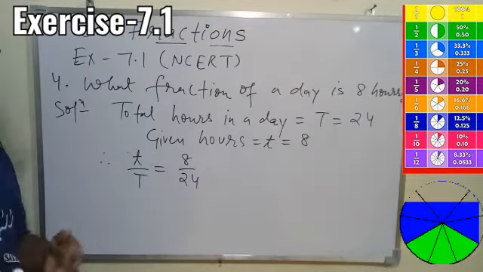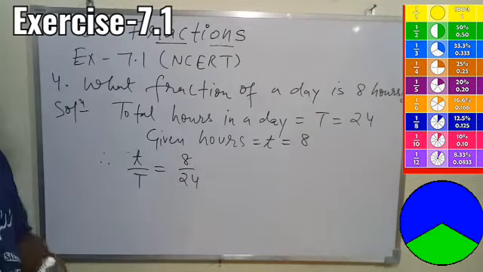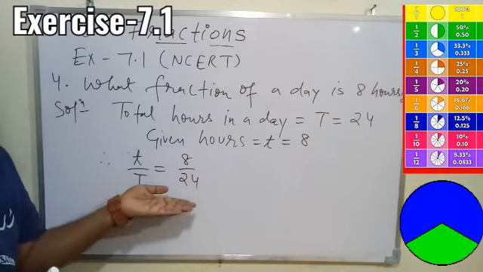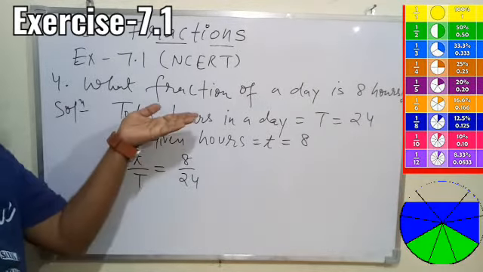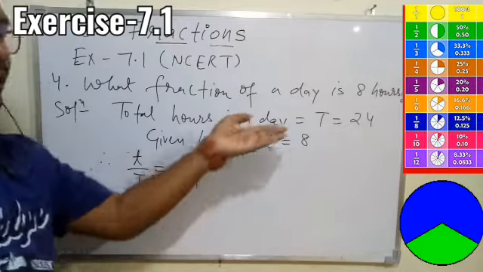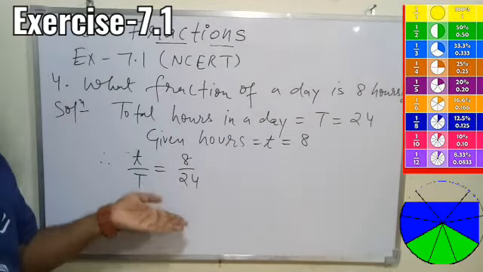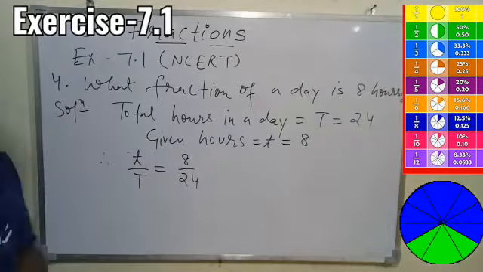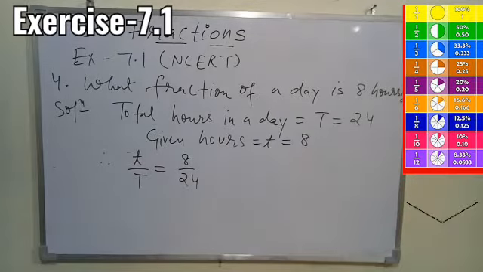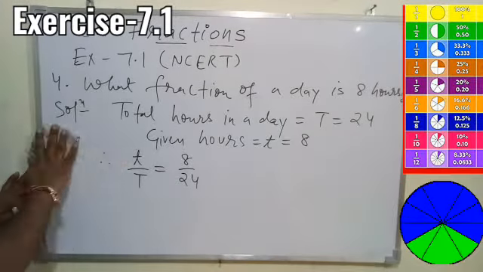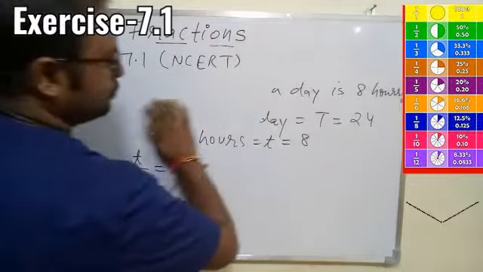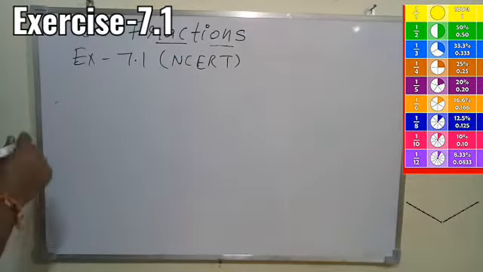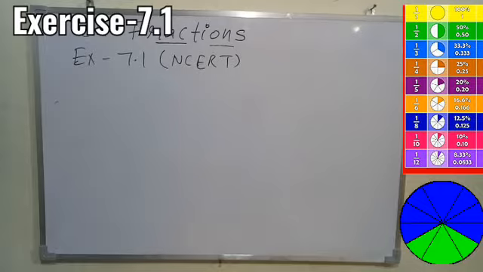We can further simplify it also, that we'll see in the coming classes. But overall, this is how we can show 8 out of 24. The only thing to be understood here is, in a day how many hours do we have? 24, and out of 24, 8 is a part of that. So that is how to show it with the help of a number. Simple. So this is the fraction we are getting, 8 upon 24. 8 divided by 24 shows you 8 hours in a given day.